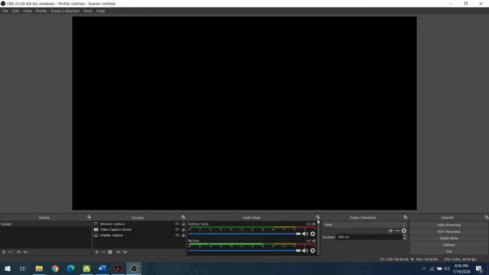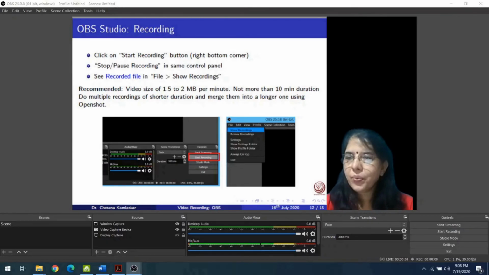Then click OK. Hotkeys are particularly useful to avoid capturing the start recording or stop recording button presses under this control box of OBS, especially during display capture mode. Here I have done this recording using display capture and assigned hotkeys to start the recording and to stop the recording, and it works very smoothly. We now have OBS installed with all the correct settings in place for screen recording purpose. OBS will remember all these settings, so don't worry about it.